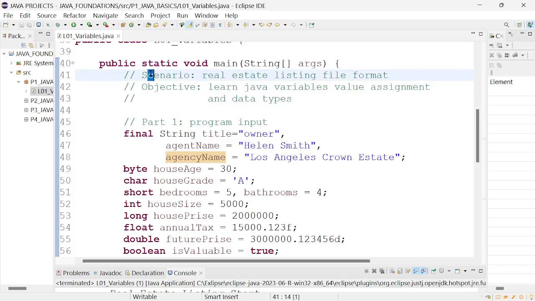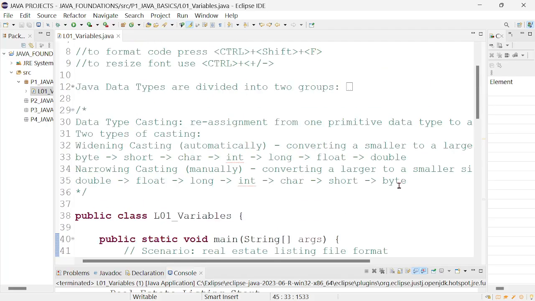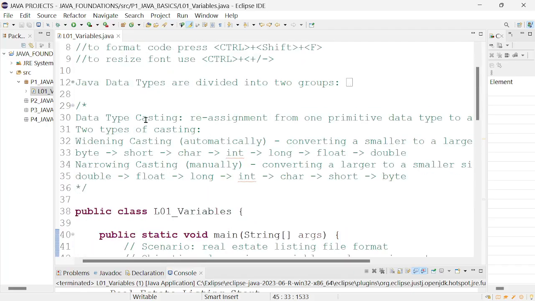As scenario, real estate listing file format. I will save it with useful comments